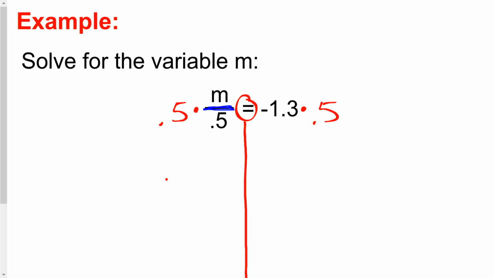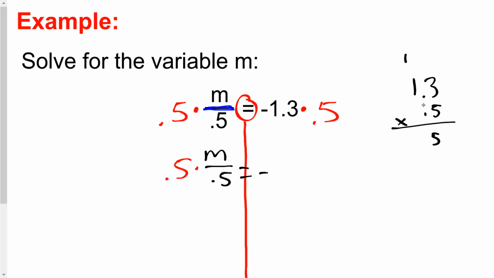Finish writing the equation. Got 0.5 times m divided by 0.5. Got a negative times a positive. That's going to give me a negative, and 1.3 times 0.5. 5 times 3 is 15. 5 times 1 is 5. Plus 1 is 6. And then move the decimal. 1, 2 times. So 1, 2 times, 0.65. Negative